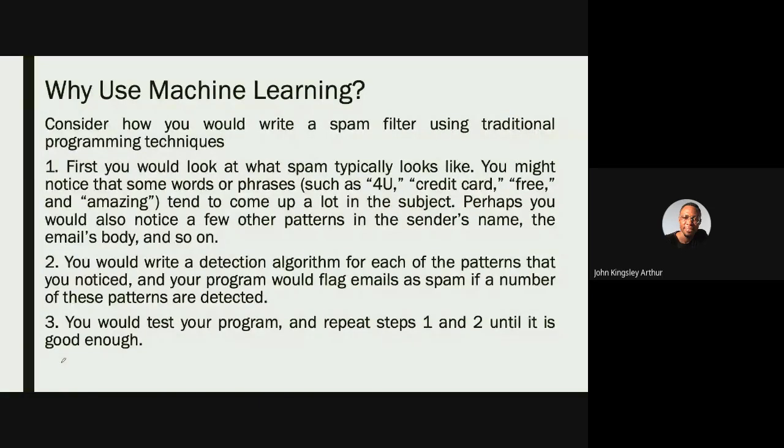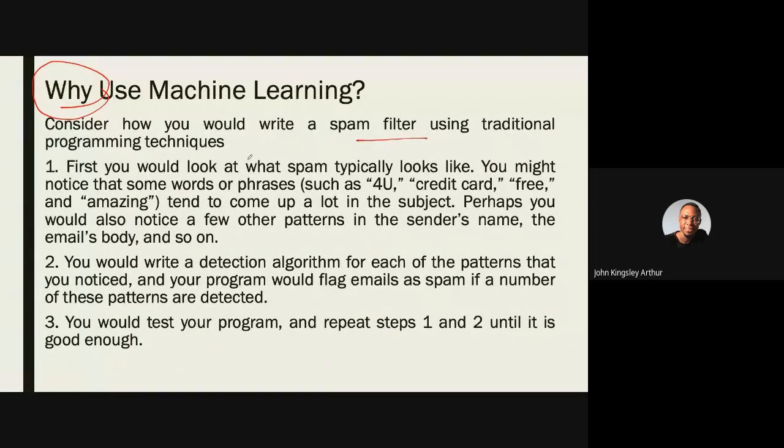All right, so now, whilst we understand what machine learning is, we now want to understand why we want to use machine learning. Now, to understand why, we want to look at a situation to consider how you would write, for example, a spam filter if you are using